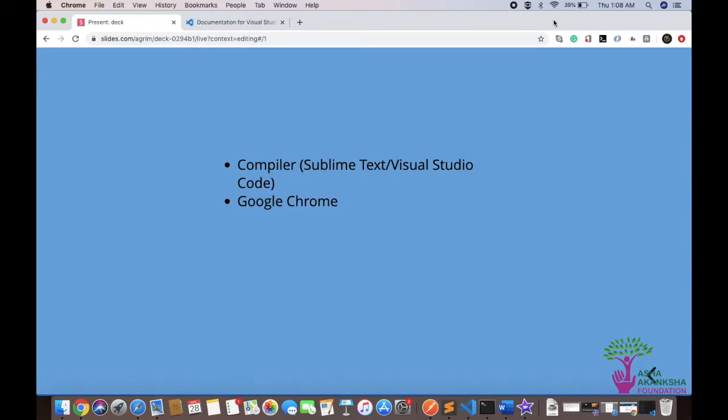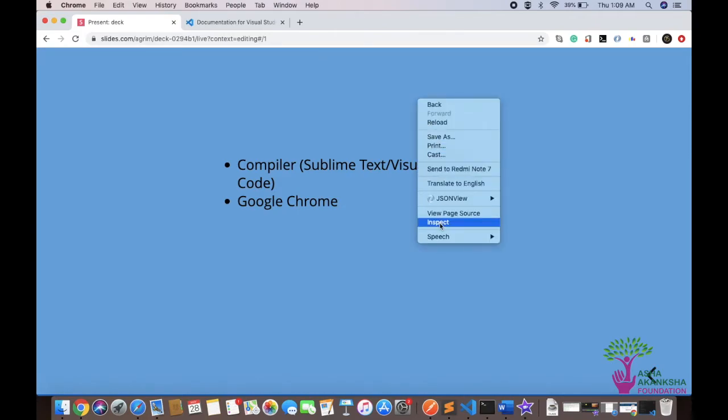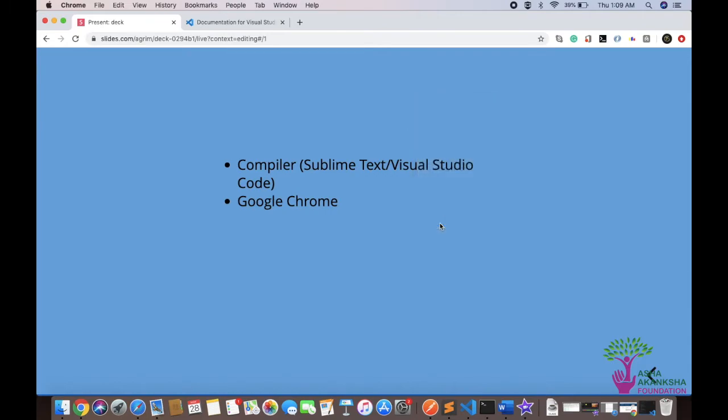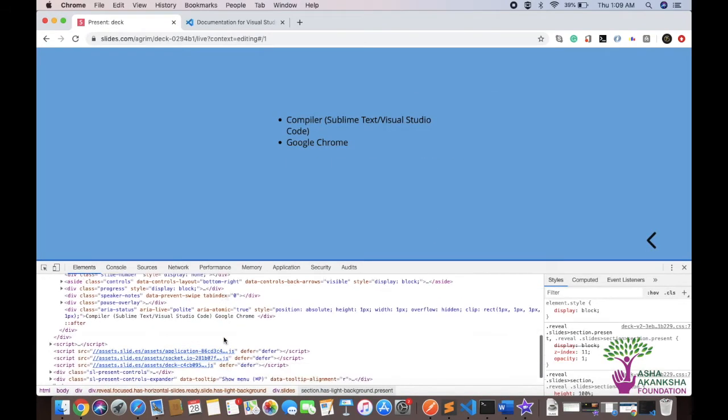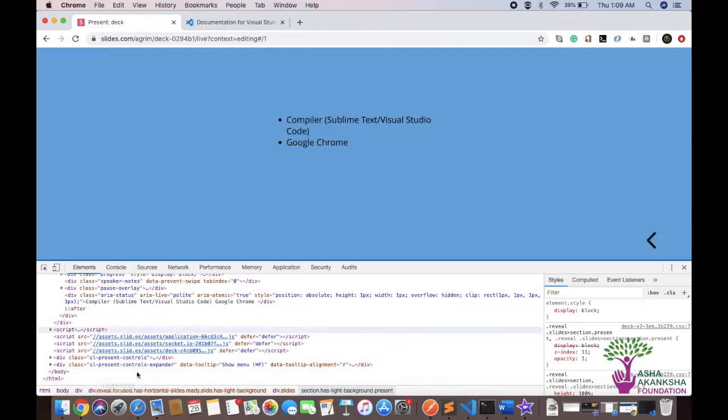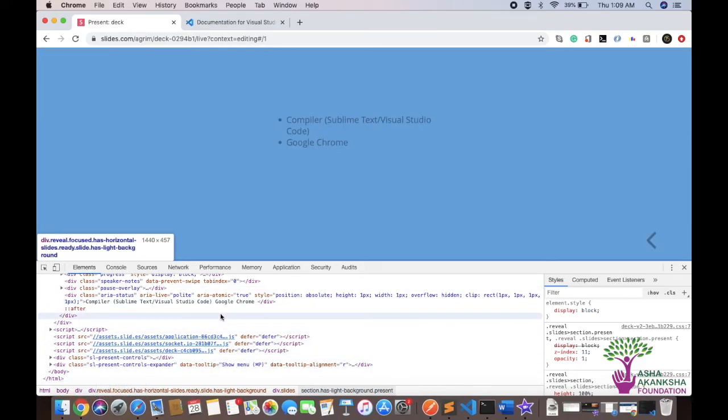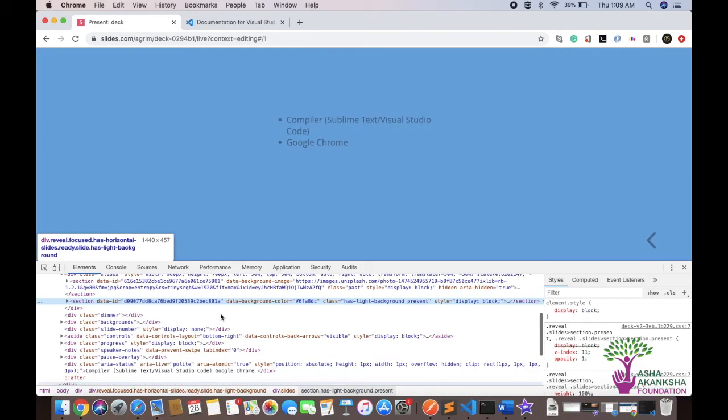The first thing is that you get a lot of extensions. I've added a lot of extensions right here. These three extensions specifically are for development and they actually help me a lot when I'm coding. And the second thing, which is actually more important, is this inspect feature. Now don't get confused with all of this, and this is not something you should understand at this point of time, but